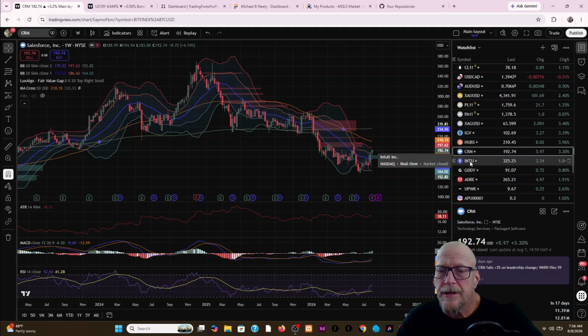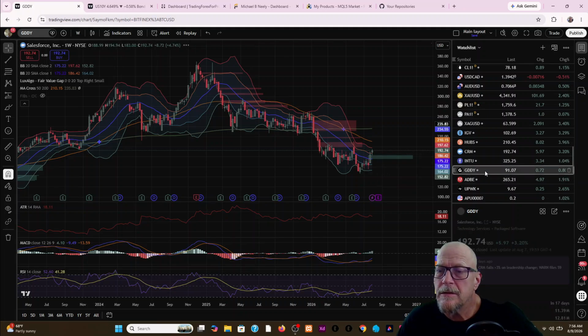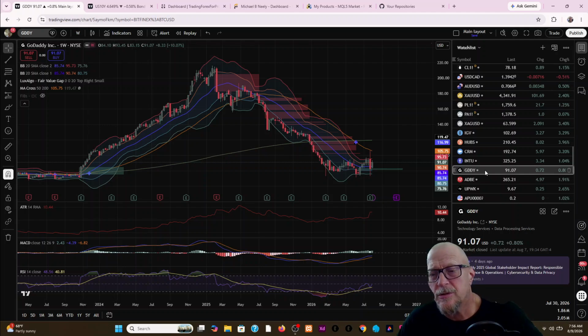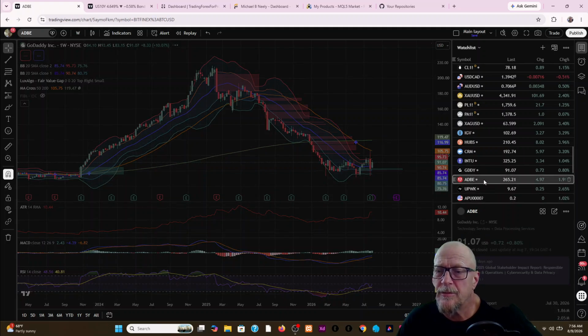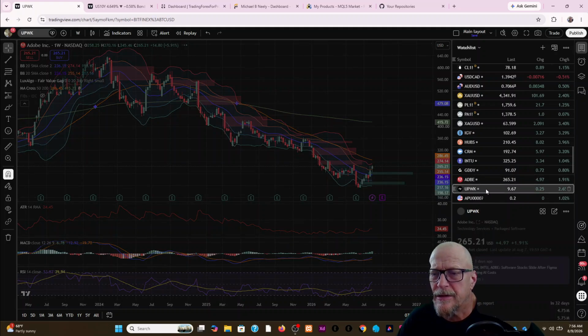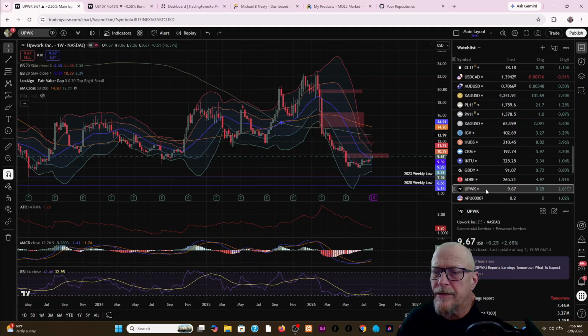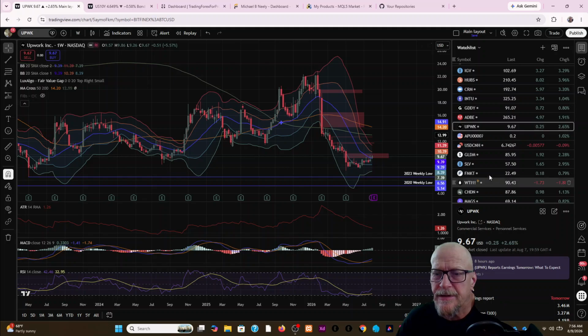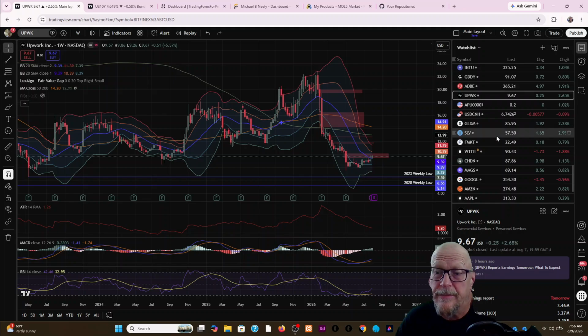Salesforce going up. GoDaddy kind of sort of trying to go up. Stakeholder impact report, responsible governance and operations, yeah, blah, blah, blah. Adobe right here, 265. So at some point you get away from the capitalist part, you start leading into the weird part of running a company. Upwork right there. I mean, the founder's long since been gone out of GoDaddy. There's no telling what's going on with that. Matter of fact, he may not even be alive anymore.